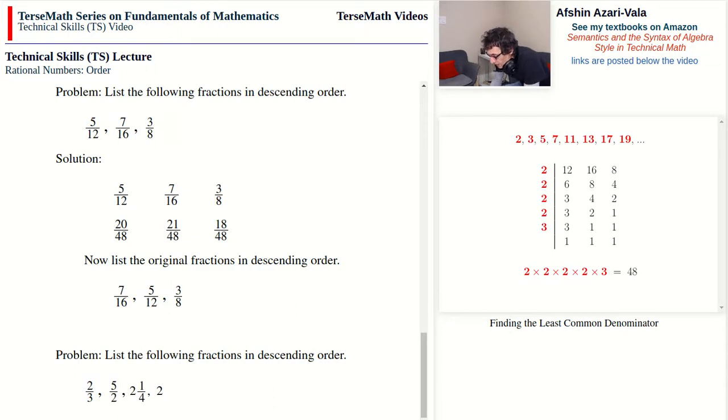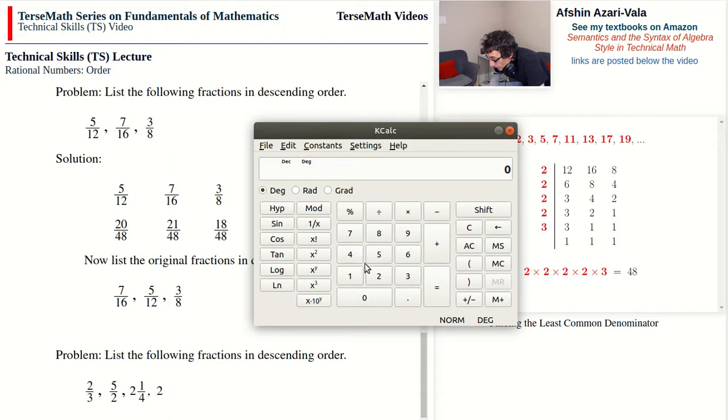Alright, so the next case now is, oh, and by the way, before I continue, let me show you what would happen if instead of finding the least common denominator, 48, you multiplied your denominators. So in this case, let me open the calculator. We have 16, multiplied by 12, and then multiplied by 8. And you notice that I get